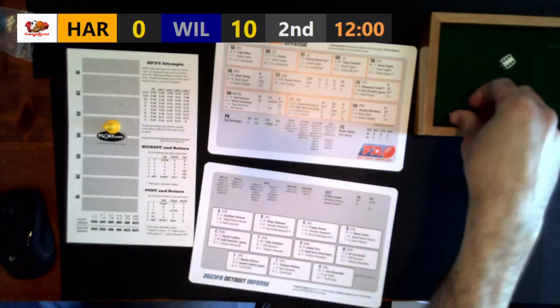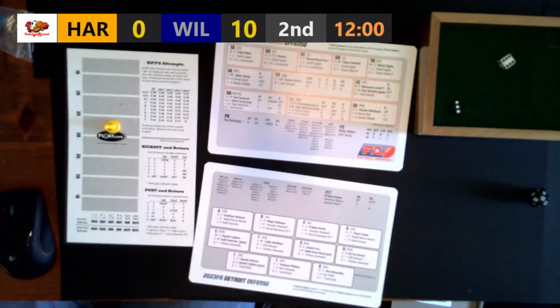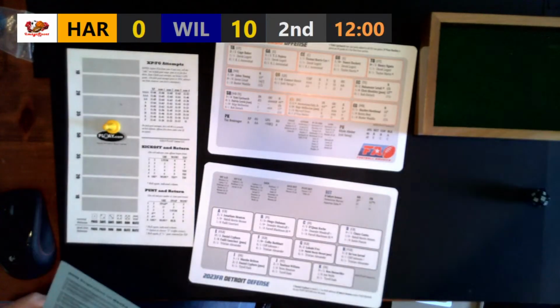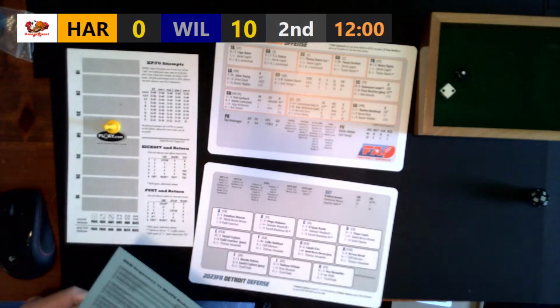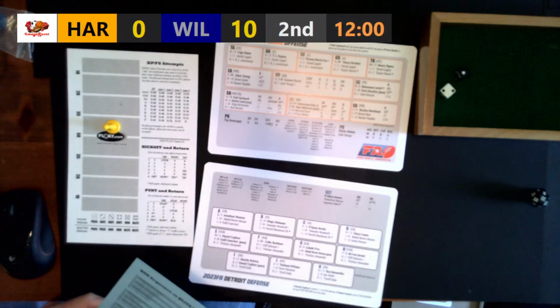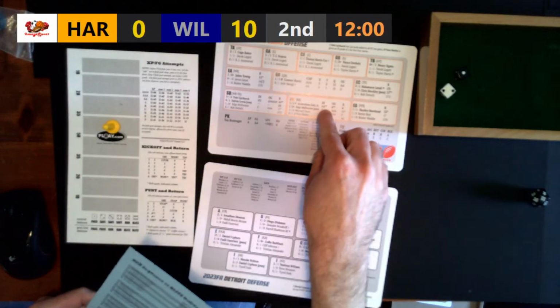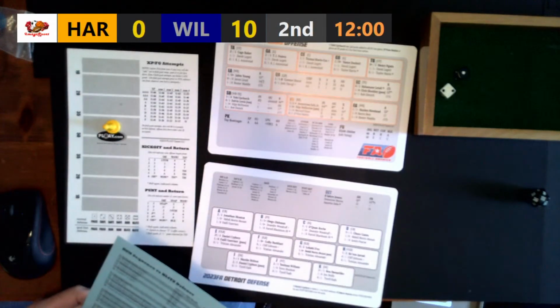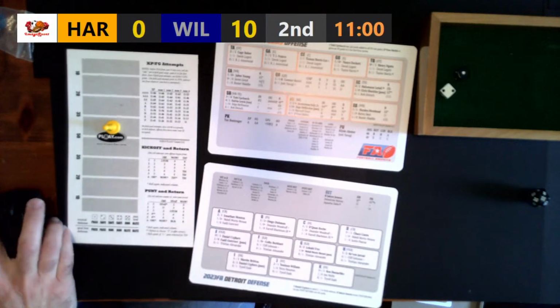And they're going to have a run this time, going up against a blitz defense. 12. Is the runner AAA or better? Well, Ely Jr. is a AA in the run set, so that is going to be a no. So no gain. So they're going to have to punt it right back.